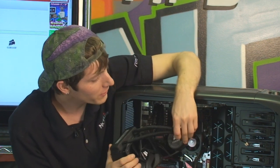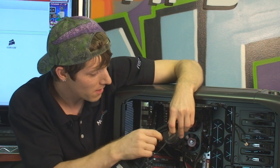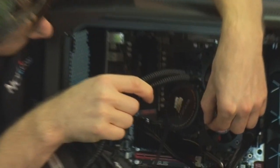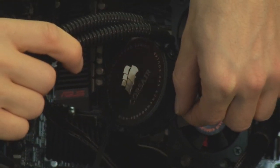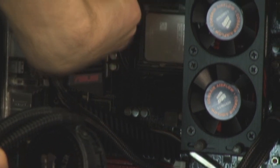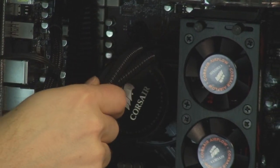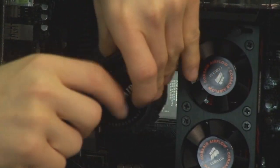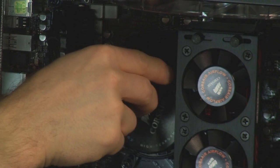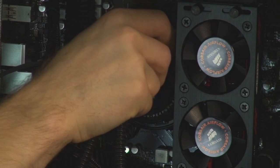So here you can see on the CPU block / pump unit itself, right here, there are actually little ridges. So you see those little grooves in there? Can you see those? Good. That is where these little legs right here on the retention bracket need to sit. So it is a little bit tricky to get it on the first time, and I'm going to go ahead and show you guys how this works. I really hope you can see this. So you slide them into the gaps, then twist it,